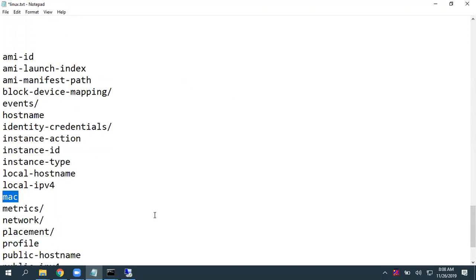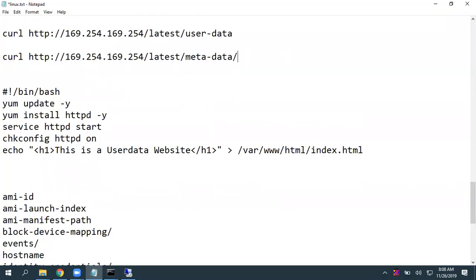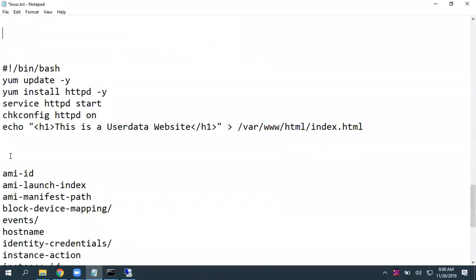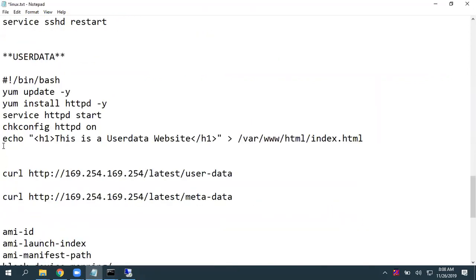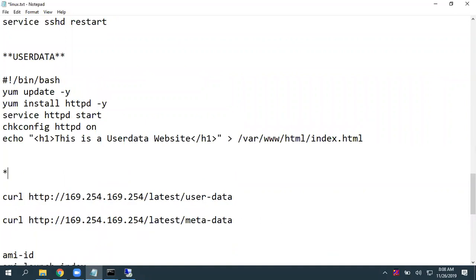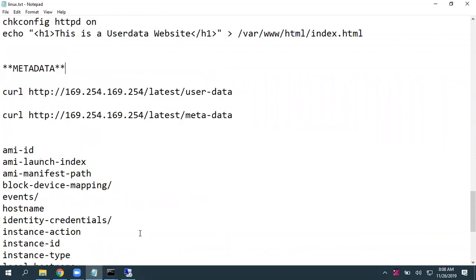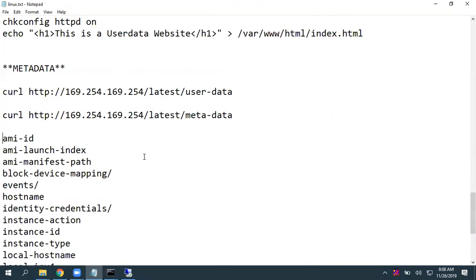For example, if you want MAC, just go here. Same mechanism. Give MAC. That works for us. Okay.